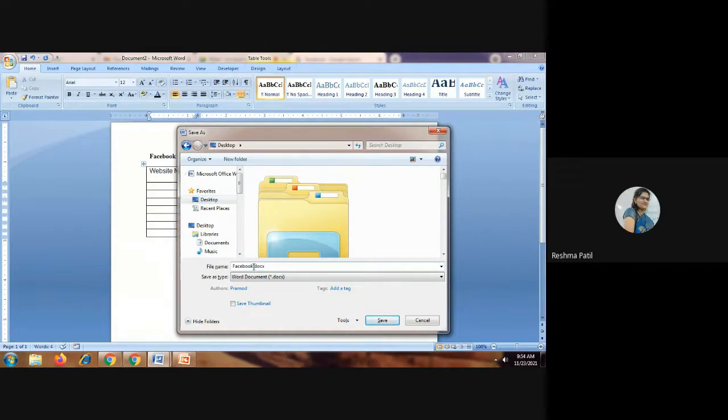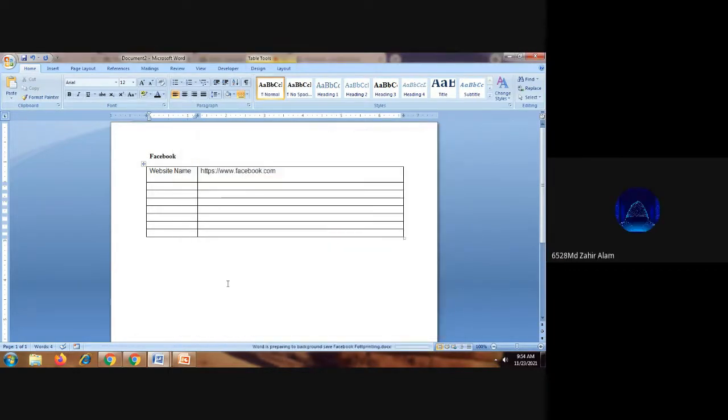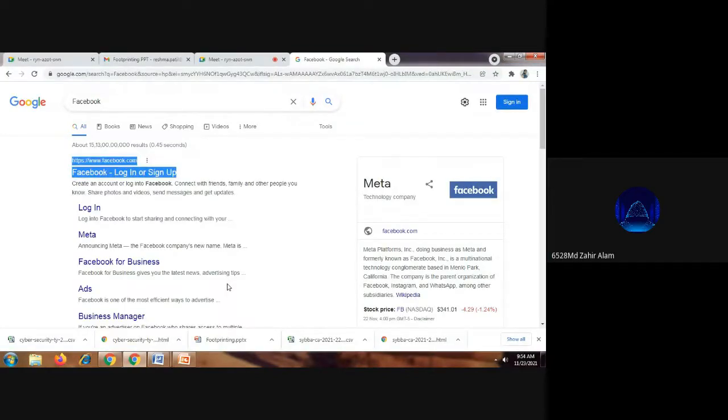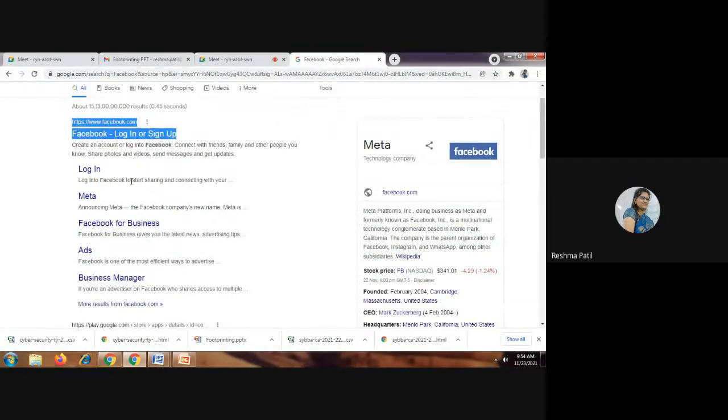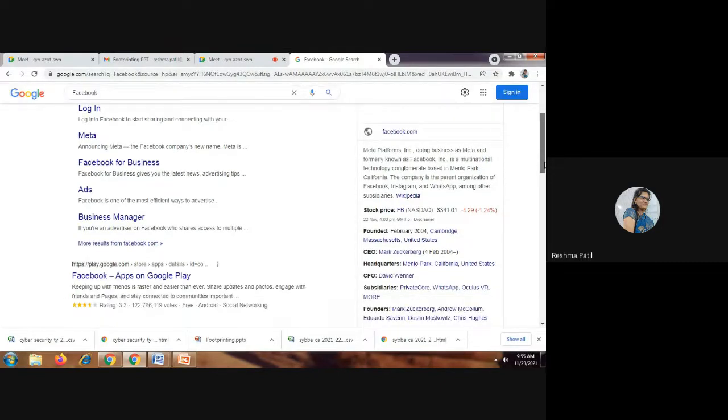So here I am writing Facebook footprinting. These are the pages which are available in your Facebook site, or we can say subdomains of Facebook. Using those also we can access Facebook. Plus you will get some information from here, such as the CEO, and when it was founded. That information also you have to store in the footprinting.